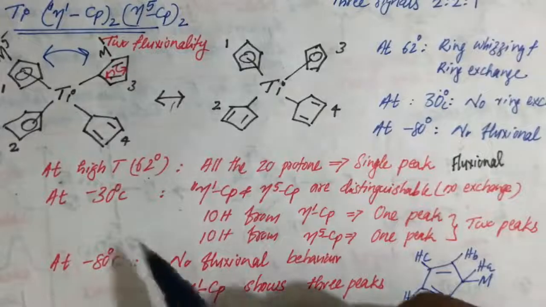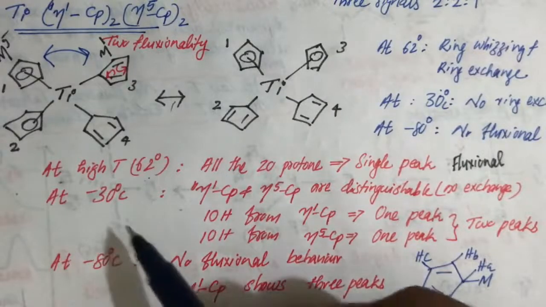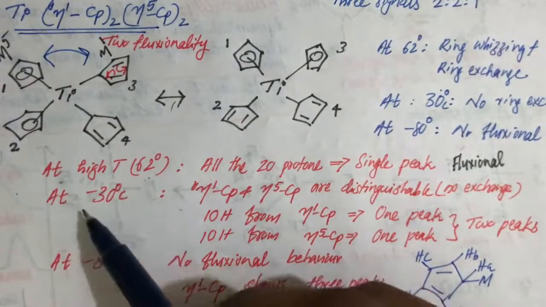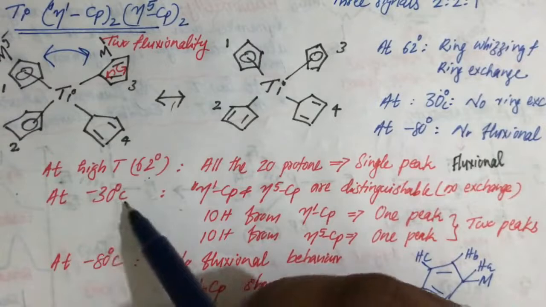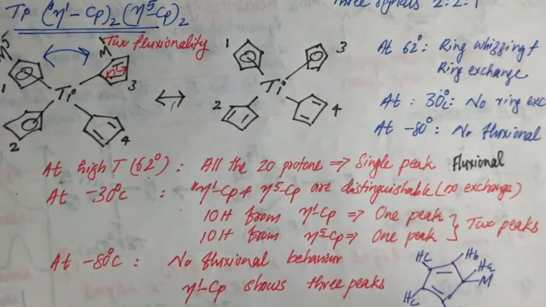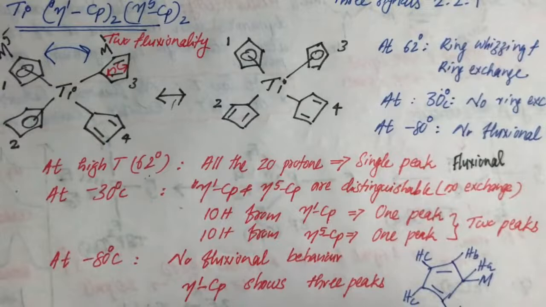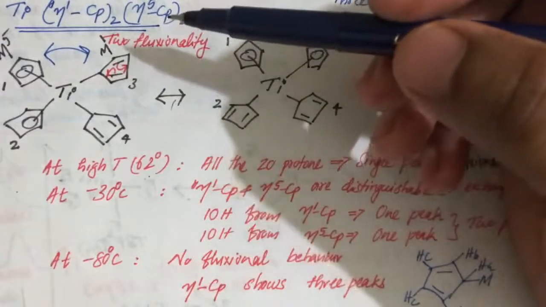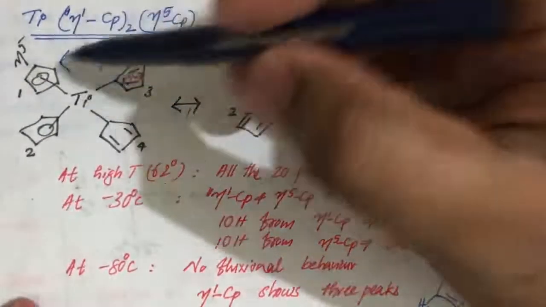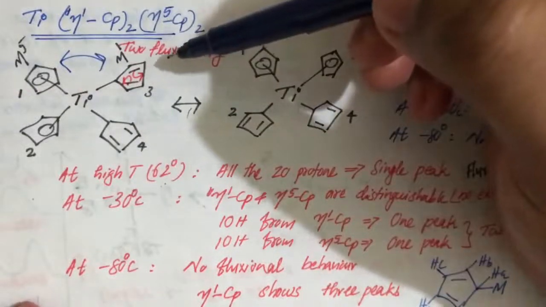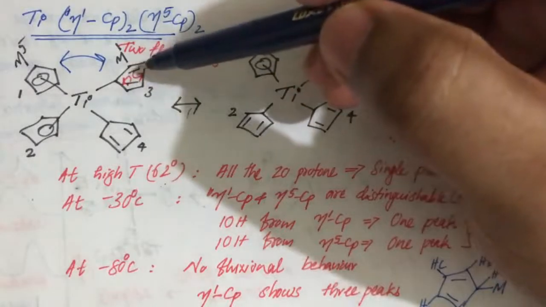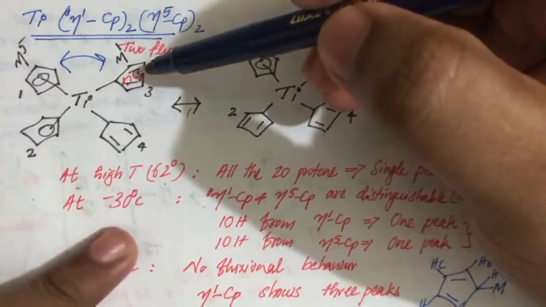Interestingly, in this molecule at minus 30 degrees Celsius, it is not the lower temperature limit, it is the intermediate temperature limit. At minus 30 degrees Celsius for this complex, there is no ring exchange fluxionality. But there is only one kind of fluxionality, that is, this ring whizzing takes place. So at minus 30 degrees Celsius,